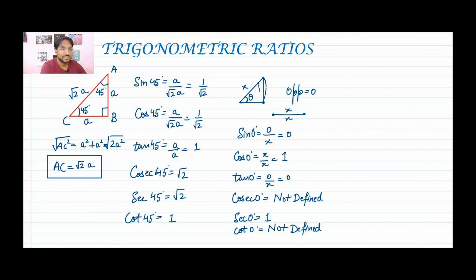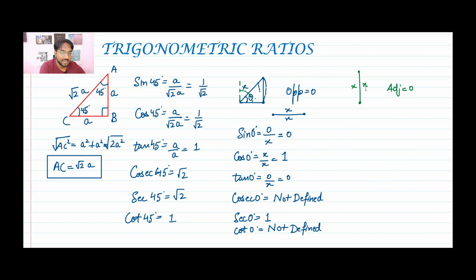Now let's talk about the one remaining angle, that is 90 degrees. So for 90 degrees, what will we do? We have to make this theta angle 90 degrees. So we go like this. So it will be like this. So we get a vertical line where the adjacent becomes 0, and the hypotenuse and the opposite become